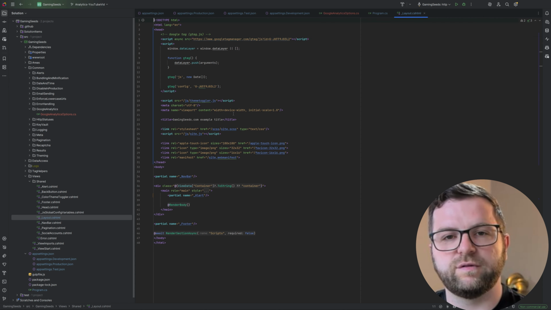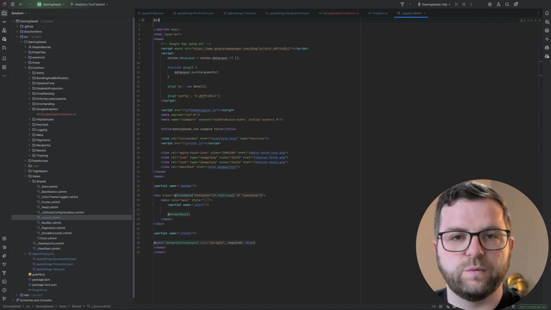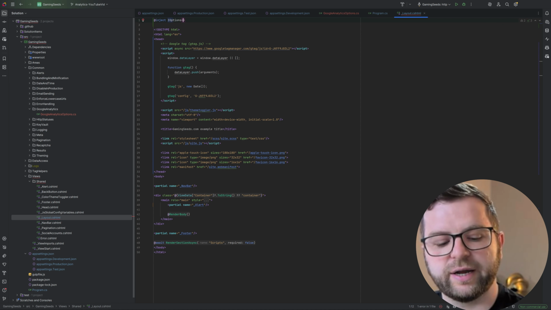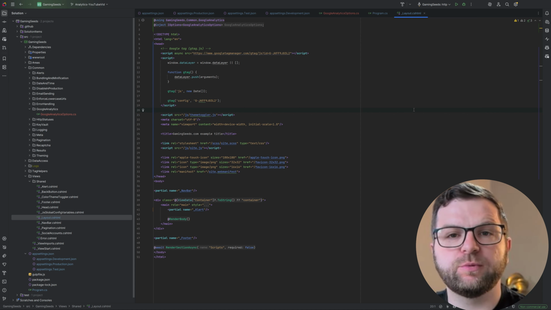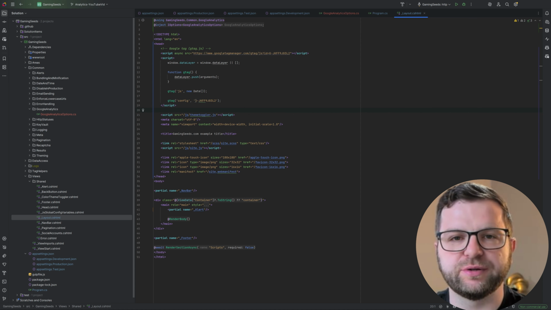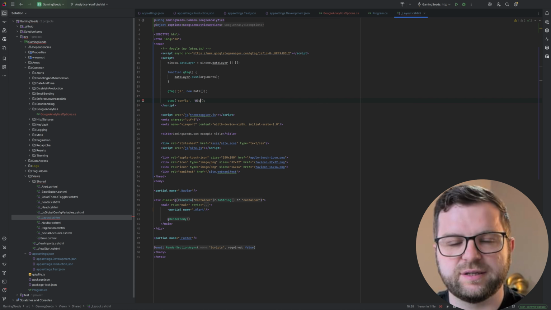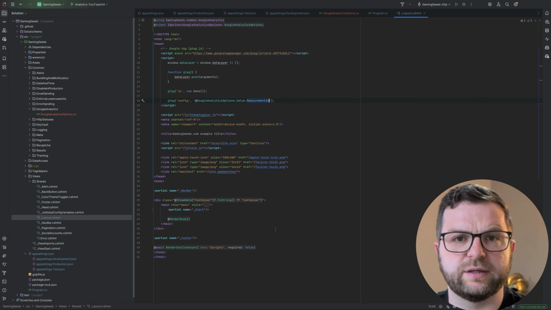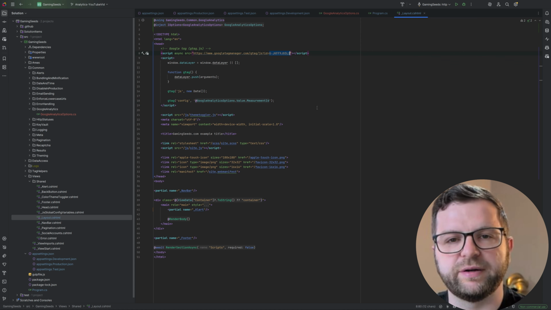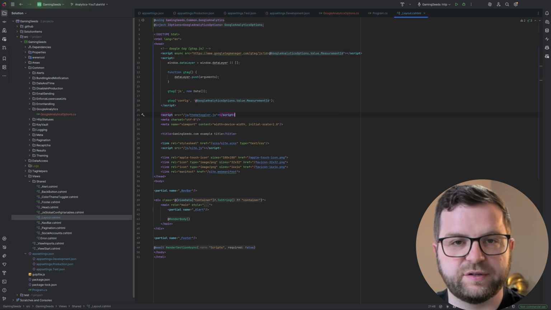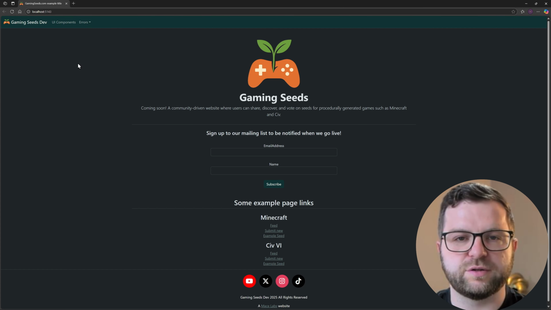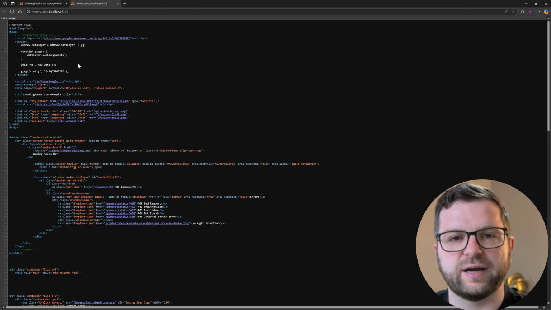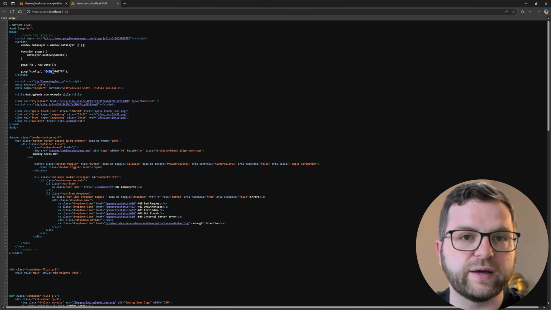To do that, we need to inject our options class. We can do that by calling @inject IOptions, and the type is going to be our options class, so GoogleAnalyticsOptions. Now let's modify those tags to use the options we just injected. We do that using the @ and GoogleAnalyticsOptions.Value.MeasurementId. Okay, so that's us set up. Let's test it. Let's run the solution. And now if we check our page source, we'll see our Google Analytics tags